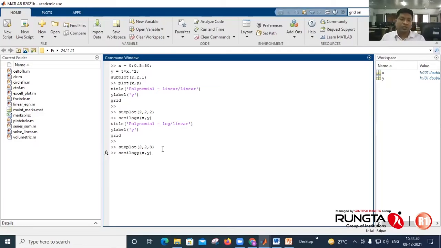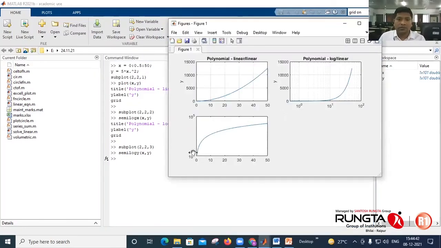So here as I specify Semilog Y, it will use semilog scale on y-axis and plot the graph at third location like this. Okay.